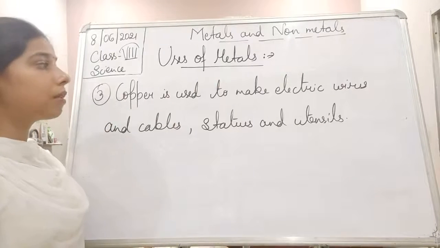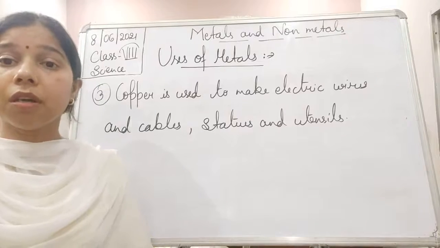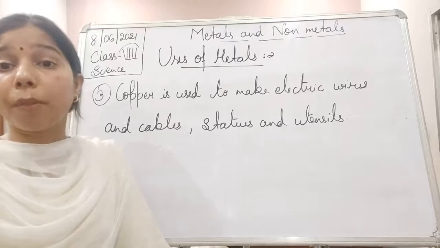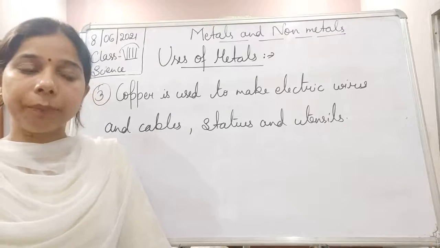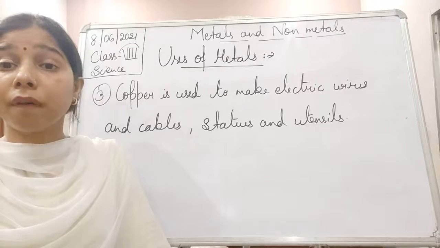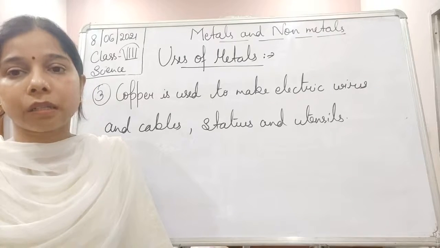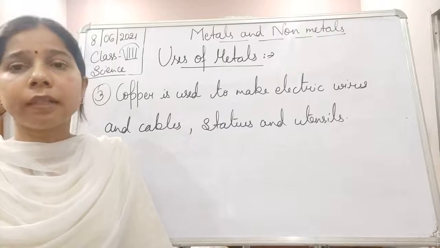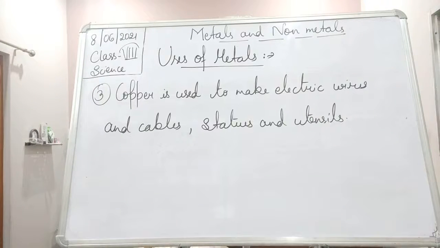You can see here, students, that copper is also a kind of metal which is used in making electric wire. You all have heard about the copper wire. Being a good conductor of electricity, it is used for making electric wire. Electric wire, like aluminium, tells us its property that it is a good conductor of electricity, as well as it shows the property of ductility, and because of that copper is used for making electric wire.